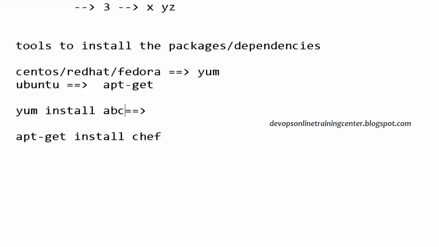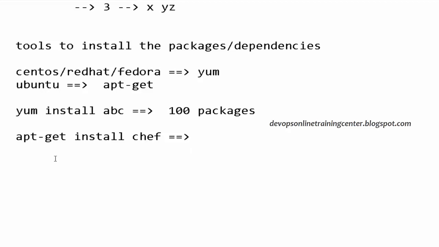Even if ABC is dependent on 100 packages, those 100 packages will be installed in order automatically, then ABC will be installed. In the same way, apt-get install chef: the 100 packages will be installed first, then chef will be installed on Ubuntu. So for Ubuntu it is apt-get, and for CentOS, Red Hat, Fedora it is yum, right?